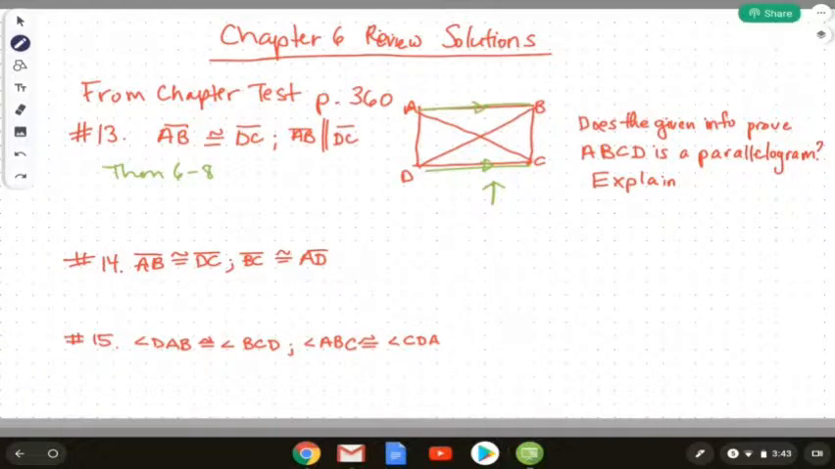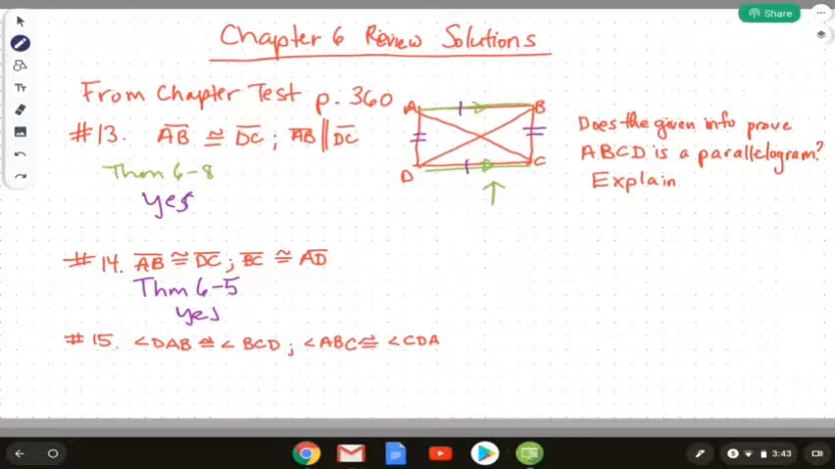On number 14, AB is congruent to DC, again, and also BC is congruent to AD. So is there enough information there to show that that's a parallelogram? The answer is yes on this one also. So this one would be theorem 6.5. I guess I should have said yes here and yes here. All right, so theorem 6.5 says if both pairs of opposite sides of a quadrilateral are congruent, then the quadrilateral